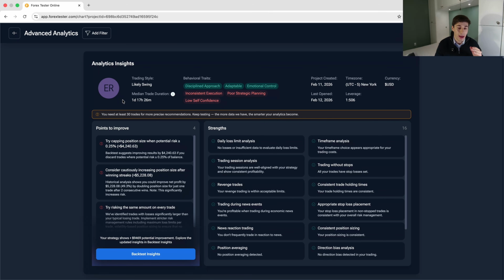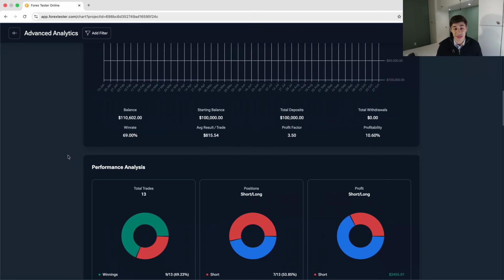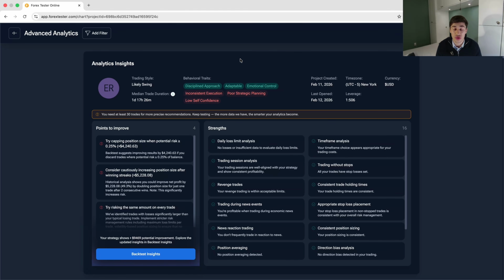And something that caught my eye right away was this one. It says you need at least 30 trades for more precise recommendations. Keep testing. The more data we have, the smarter your analytics become. And this is something I really appreciate from this backtesting software, because it right away tells you, you have a small sample size. You should keep testing more. Why? Because if we go down, we can see that we only have 13 trades in this sample size,